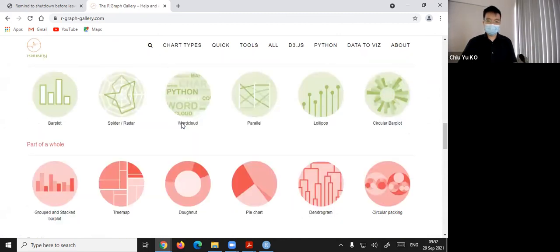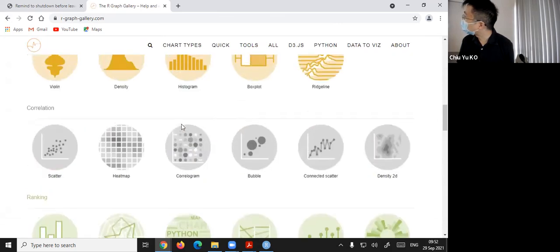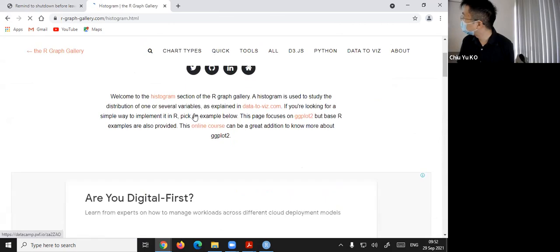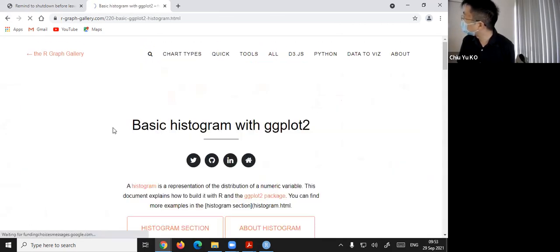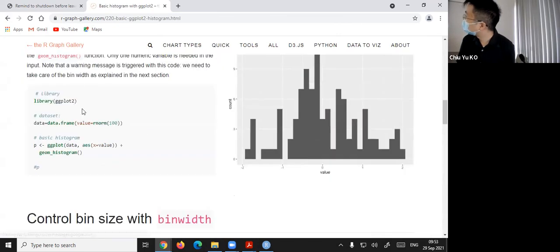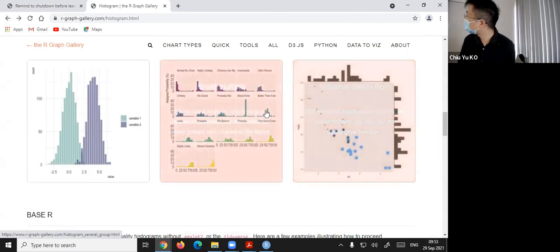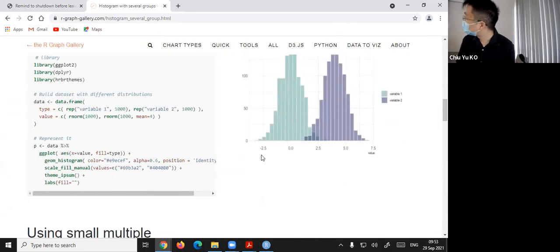So you can see there are many different kinds of graphics. Okay. Maybe just pick some, like if I want to do a histogram. There are many, the most basic version. And here is the code for how to draw this nice diagram. So this gallery contains things like this. You can draw this kind of nice graph. There are many. Okay. There are a lot of minor details you can control,